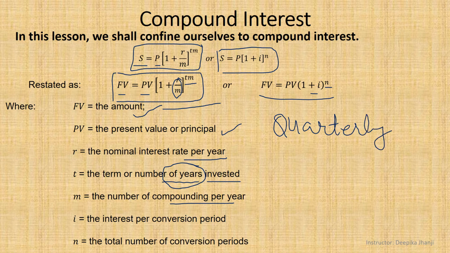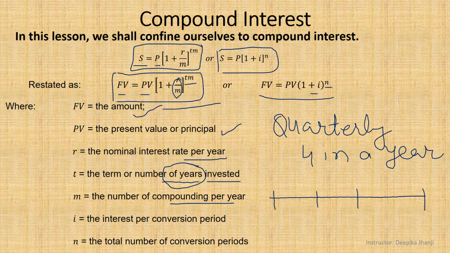That means 4 quarters in a year, right? So interest will be compounded 4 times in a year, right? Let's draw a timeline for 1 year. That means it should be divided into 4 regions, and after each region, at this point, the principal will change,